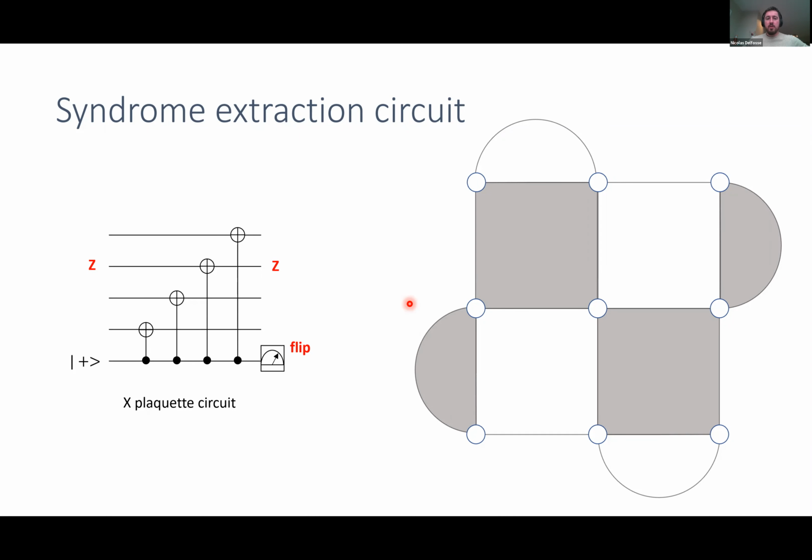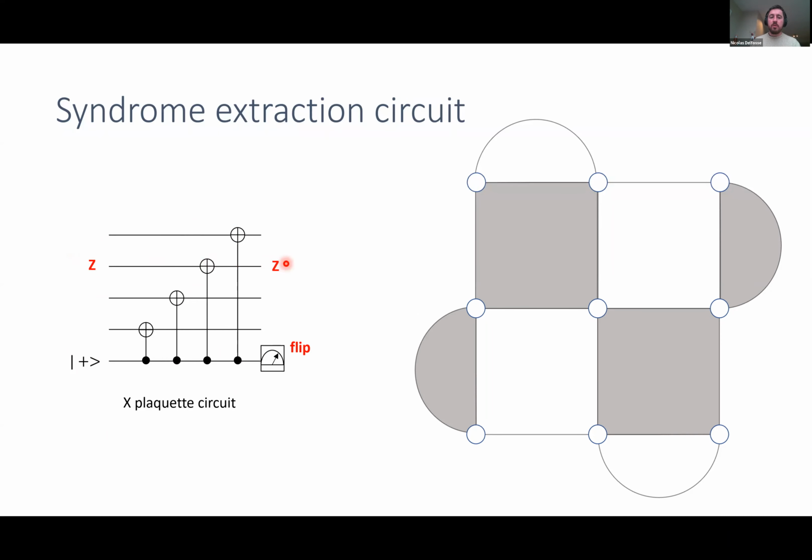Okay, so now I'm going to discuss the surface code. Before describing the numerical results, I need to tell you how we measure those plaquettes, how we implement these measurements inside a plaquette. The circuit for our measurement is based on one ancilla qubit that we prepare in the plus state, 4 CNOTs, and a measurement. When we implement this circuit, if there is a Z error on one of the qubits,